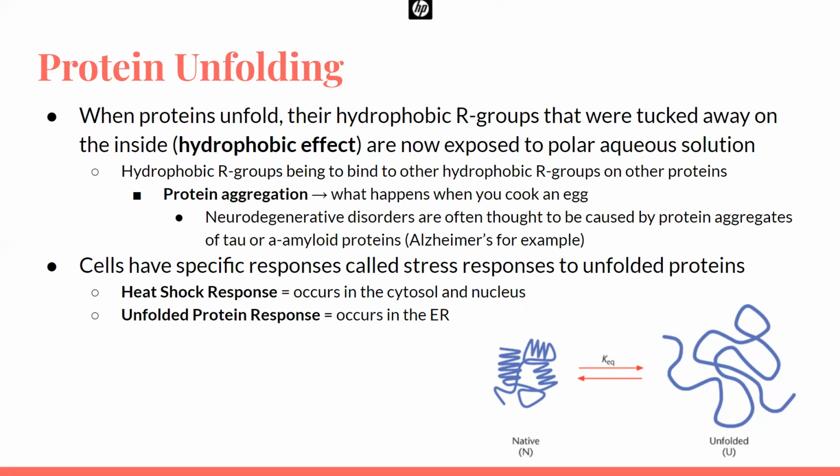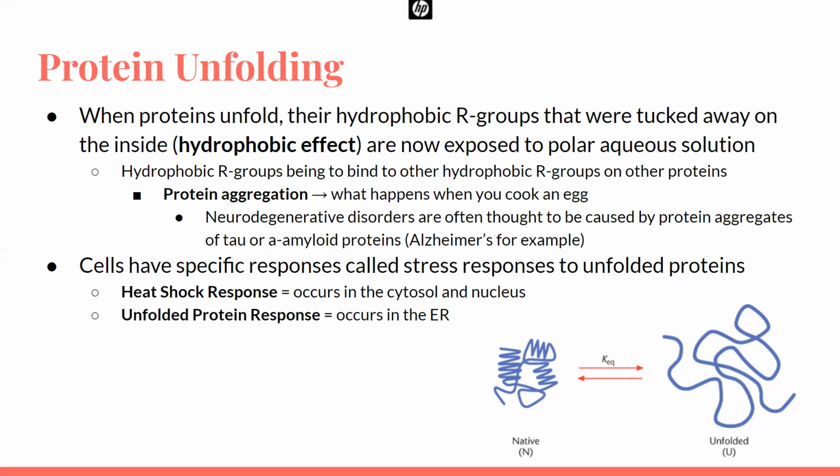So they want to bind to other hydrophobic R groups on other proteins, and this causes protein aggregation. Think about when you cook an egg, it gets more solid. That's because you are heating it to a temperature where the protein is able to unfold, and the hydrophobic R groups that are now exposed are scrambling to bind to other hydrophobic R groups, and that's what causes the aggregation. So cooking an egg, that's good for us. We can eat the egg, whatever, but this protein aggregation can also cause